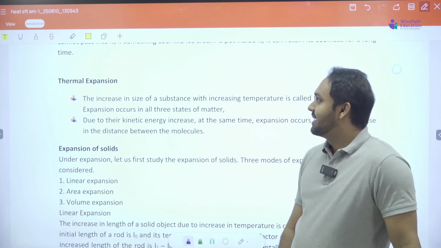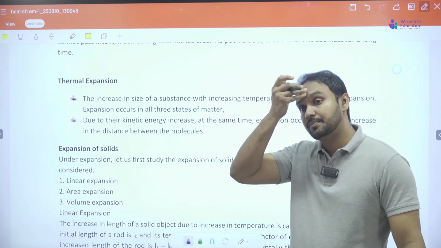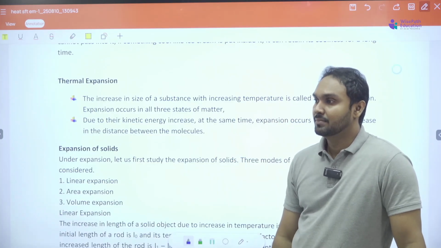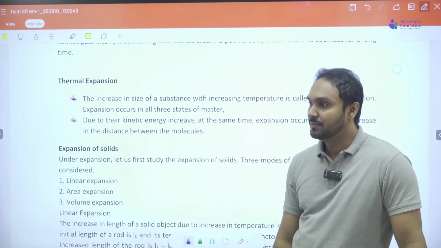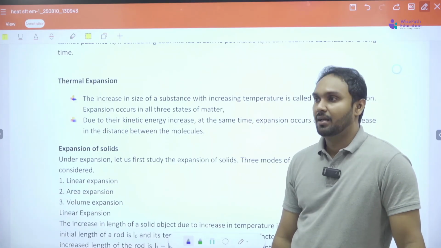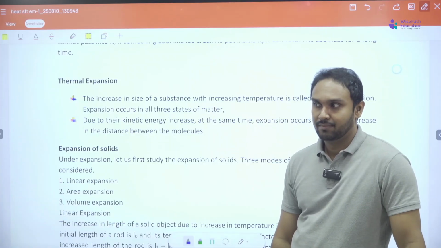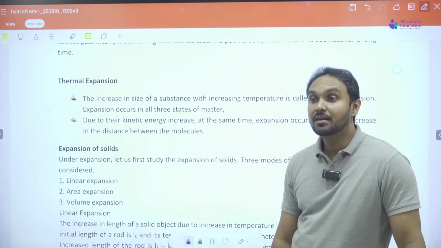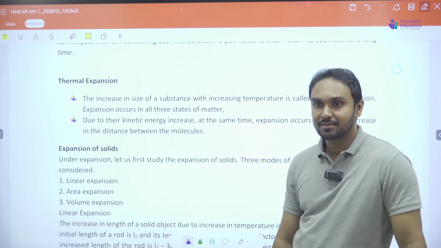Right. So the thermal expansion, what happens in the thermal expansion? We discussed it. Does the heat expand things? It does. How does it happen? Can you build a theory back? Yeah, the molecules start to dance. Yes.